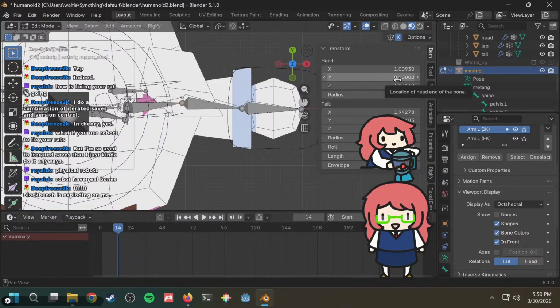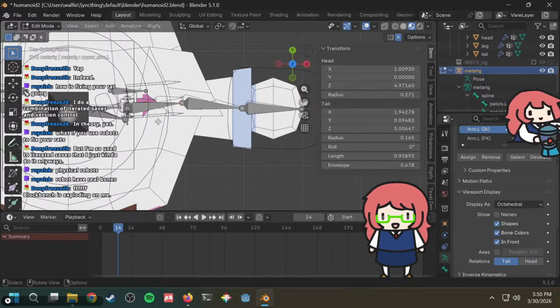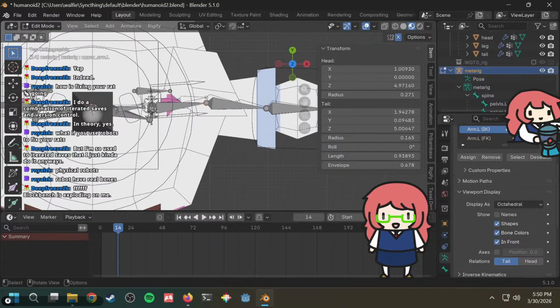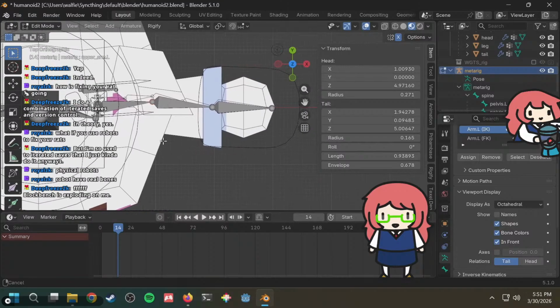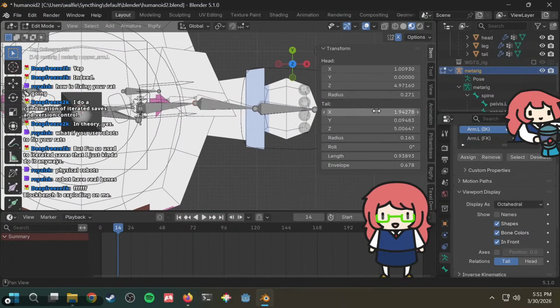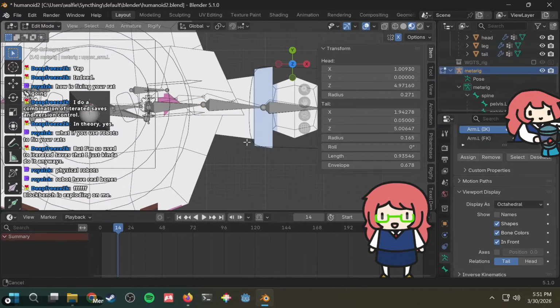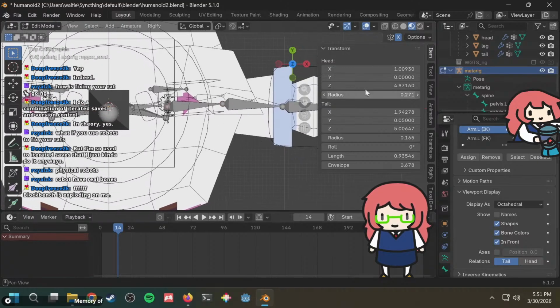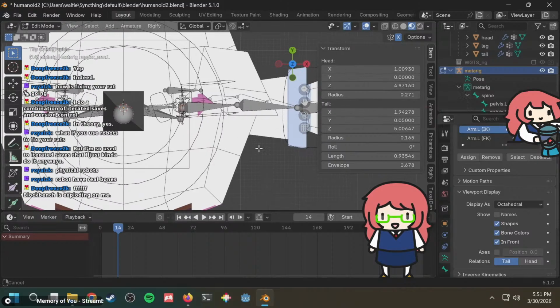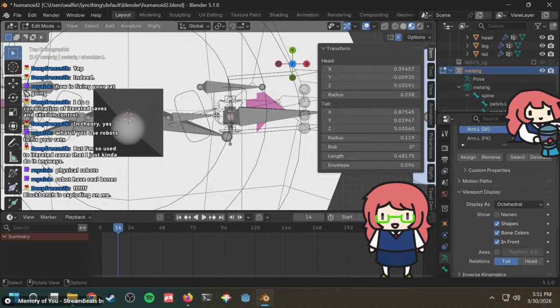Location of the head end of the bone. Oh, you gotta adjust the tail end of the bone as well. Isn't this the head end? No, this is the head end. Okay, so the tail end of the bone is here. You want this one. This one was like 0.05. It's like slightly bent. And then this one as well could be at 0. At 0 right there. And then this one